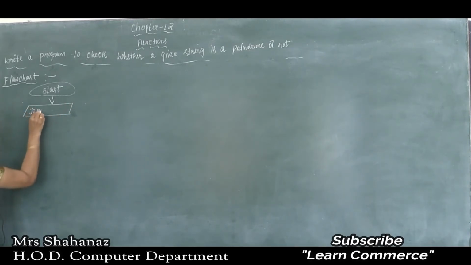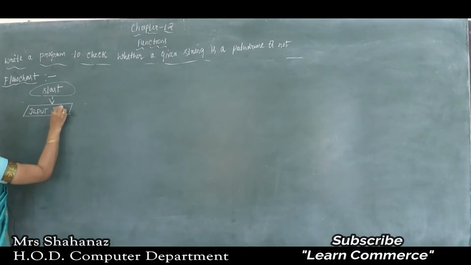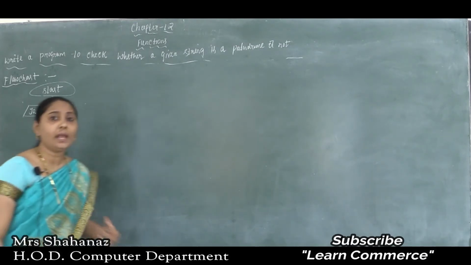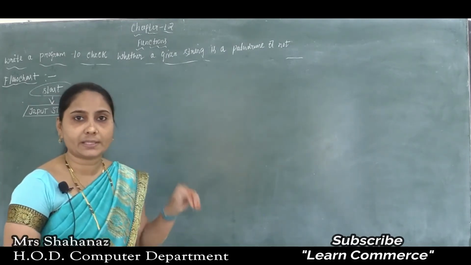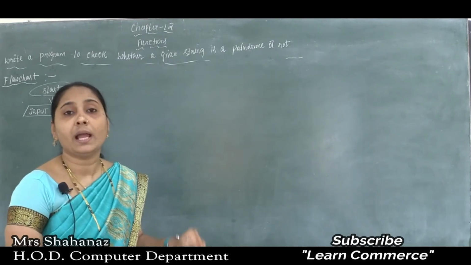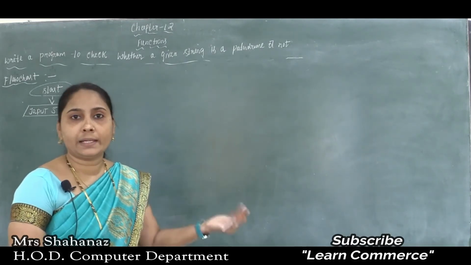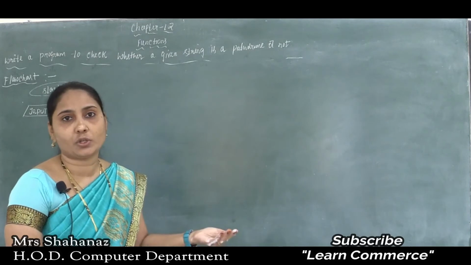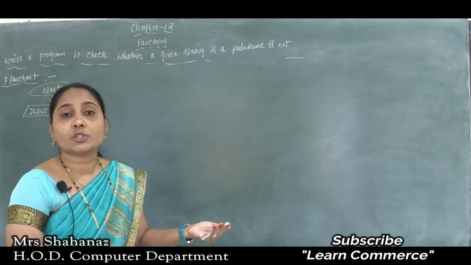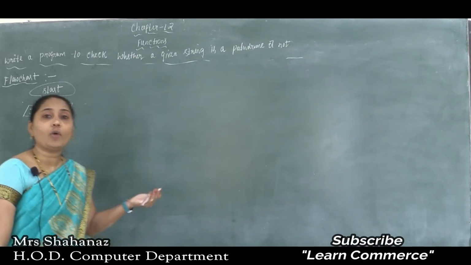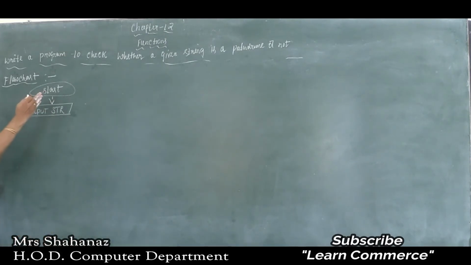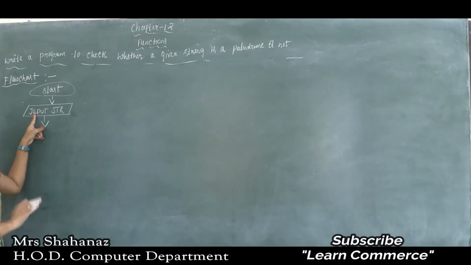So input str, okay? The str means here the string, madam. In this example, in this program also, I am using the string name as madam, and afterwards I am going to check. We already know in the solution how we checked to get the result of madam, or how we can get the result of the word palindrome. And later, after starting the program, we need to input a string, then only we can say whether the word is a palindrome or not here.